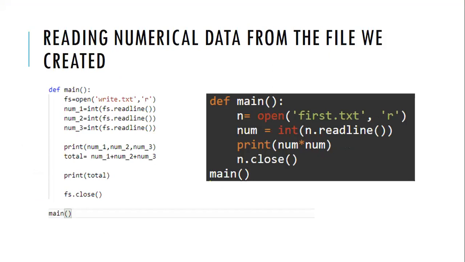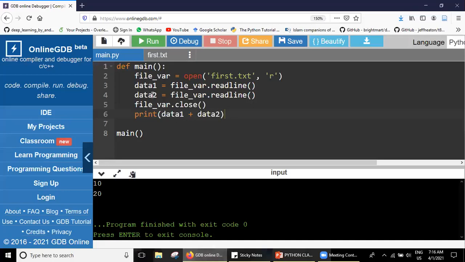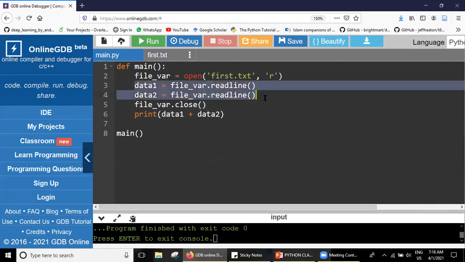Yeah. So we have known that we have to use the type conversion explicitly to read or write our numerical data into a file or from a file. So my quick question is, I don't want to use the type conversion here. I have removed it. And I want you to answer my question: if I don't want to use the type conversion when I am reading the data from the file, but I want it to print the summation. I don't want to use the type conversion here, but anywhere else. How can I do that?